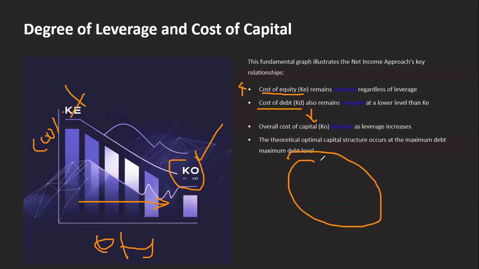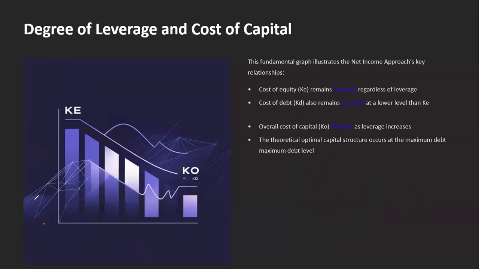So in a capital structure, I should keep equity small and debt more. The more I increase the debt portion, the lower my cost of capital will be. And when my cost of capital is less, I'm getting more dividend part. So this is all about this theory. Anybody has any doubt in this theory?